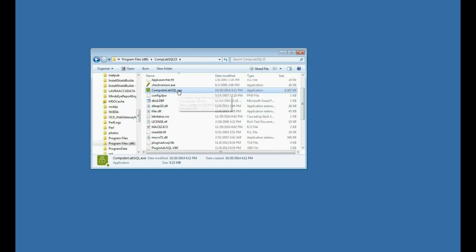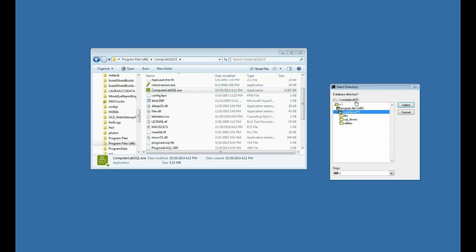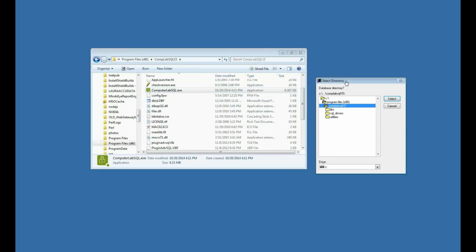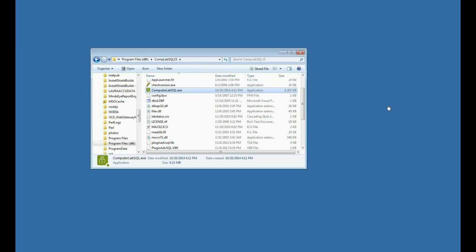So I'm going to open that the first time, and what we'll see is it's asking for its database directory. Okay, since it's a SQL Server database I'm going to be connecting this to, I don't really need to be too concerned about selecting this directory. So I'm going to cancel this, but I'm going to show you what happens behind the scenes when you open